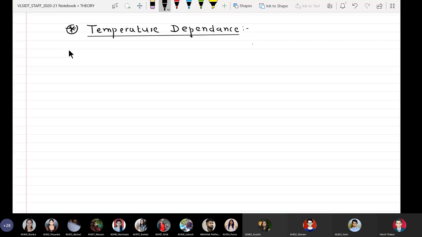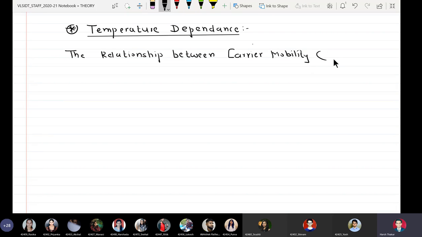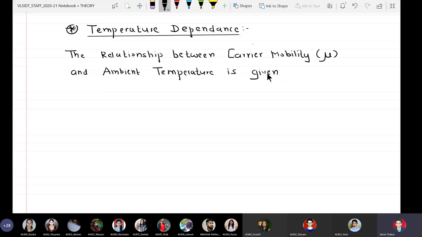So we say that the relationship between carrier mobility mu and ambient temperature is given by